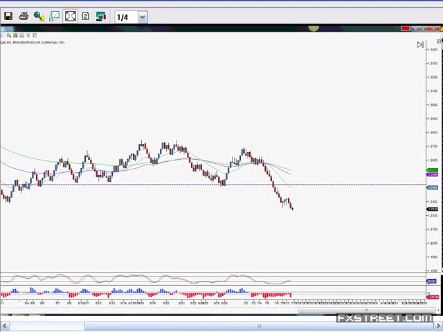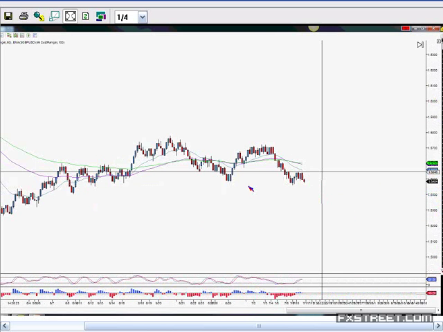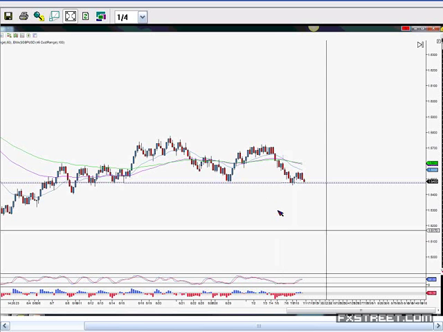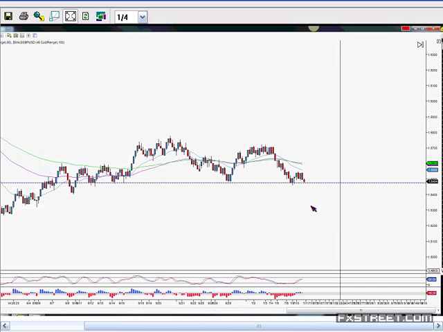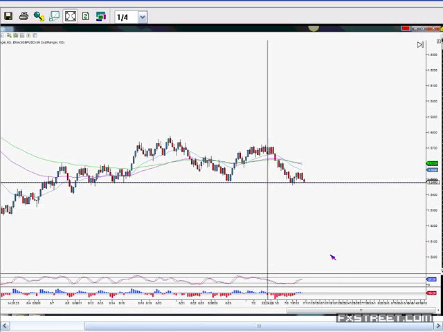Let's take a look at the pound dollar chart, see what we can find there. The pound dollar is a little less clear. I mean, for me, there are better trades on the table. If I'm looking at this chart here, I'm saying to myself, to be fair, we are now at a level of support. The market has to break through this level here and break through it with some momentum, not just sort of poke through. It needs to break through this level with momentum before we entertain it.